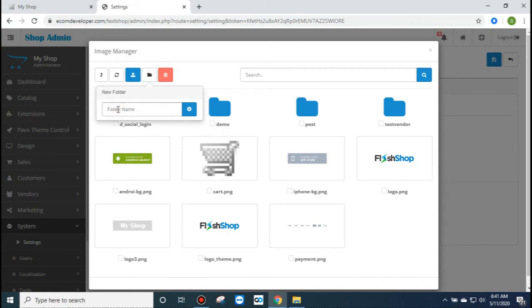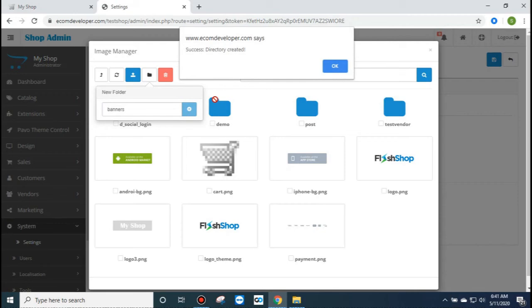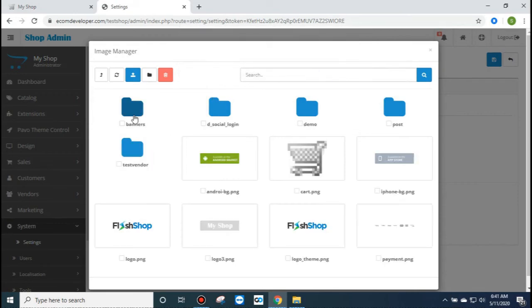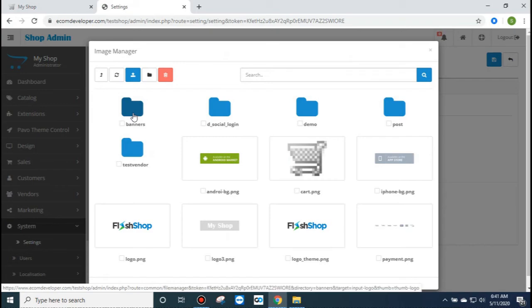Like I'm creating a folder, name it something like banners. The directory is created, so we will put all the images like logo and banners in this folder only.